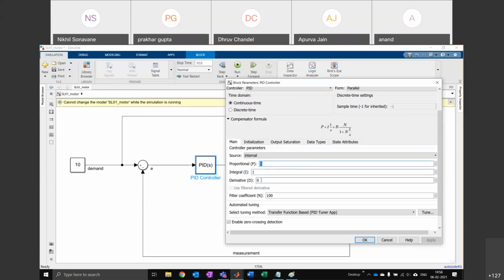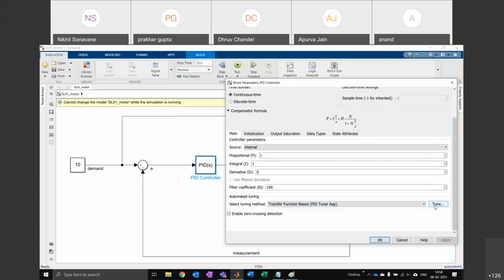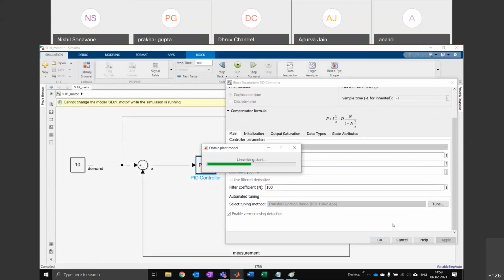Or what we can do is, instead of manually trying to figure this out, we just go here in the bottom right hand corner. And if you have the control system toolbox installed, you can just click this button and it will open the PID tuner app. So you remember the Deep Network Designer app from yesterday, right? So this is another app which will just automate everything for you.